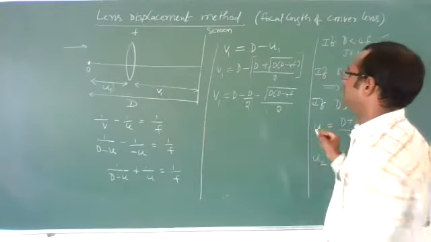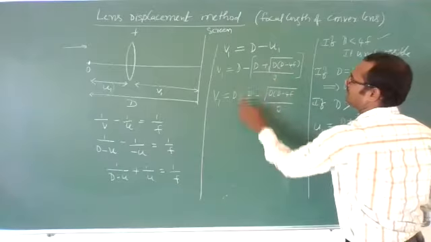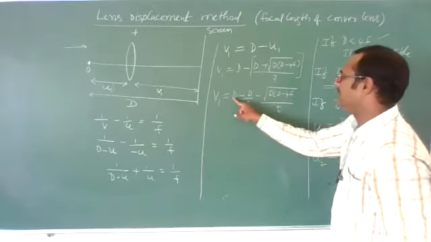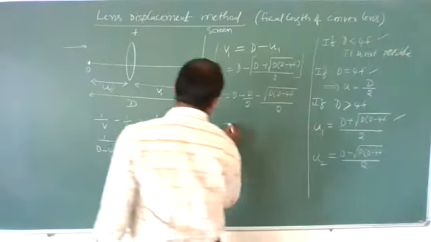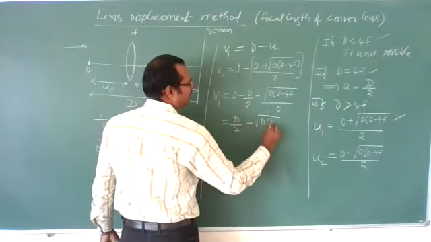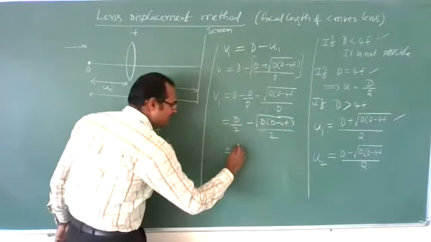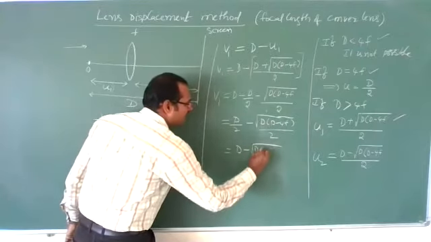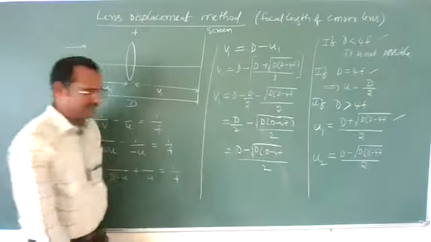I think you understand this one. I am writing d by 2 and this divided by 2. d by 2 will get minus and this will get minus. Plus d minus d by 2, 1 minus 1 by 2 is plus 1 by 2, means d by 2. Minus root of d into d minus 4f by 2. Can we write this one like this? d minus root of d into d minus 4f by 2? Yes, we can write.